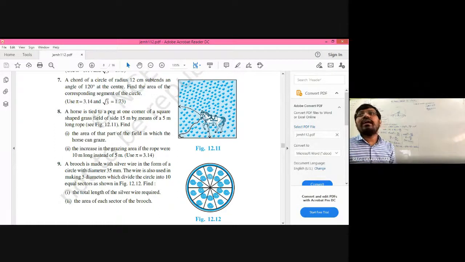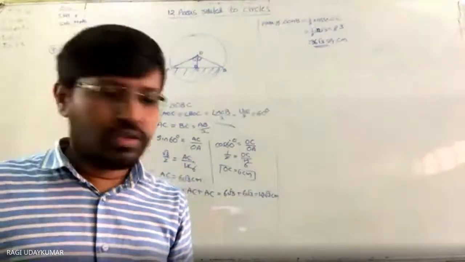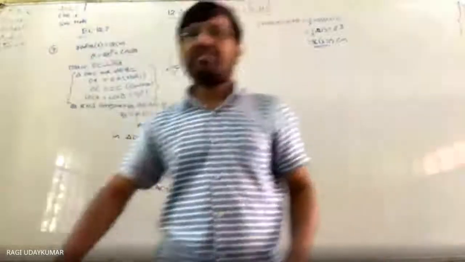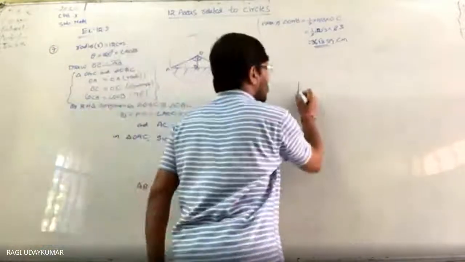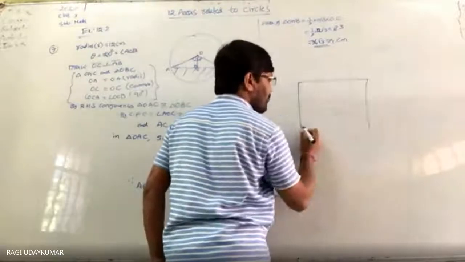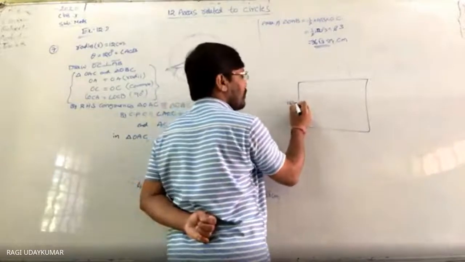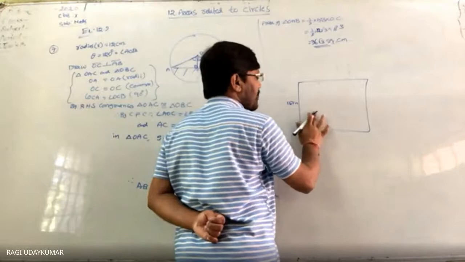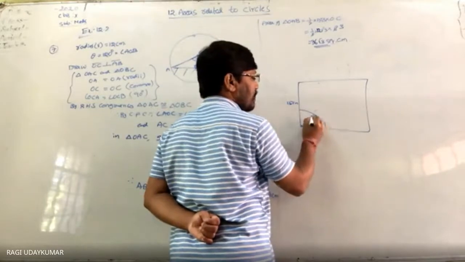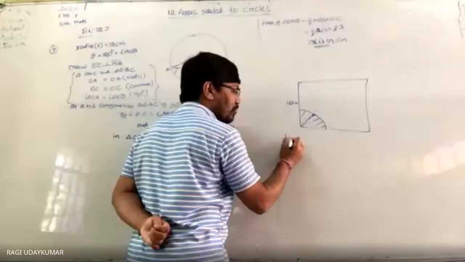Now here I will give you one interesting point. I will explain on the board. The question may be given to you as 10 centimeters. So here this is the field. What is the side of the field? 15 centimeters is given to you. First step: a 5 centimeters rope is given, so approximately you can have it like this. Only this part the horse can graze. So what do you have? Sir, it is 1 by 4.